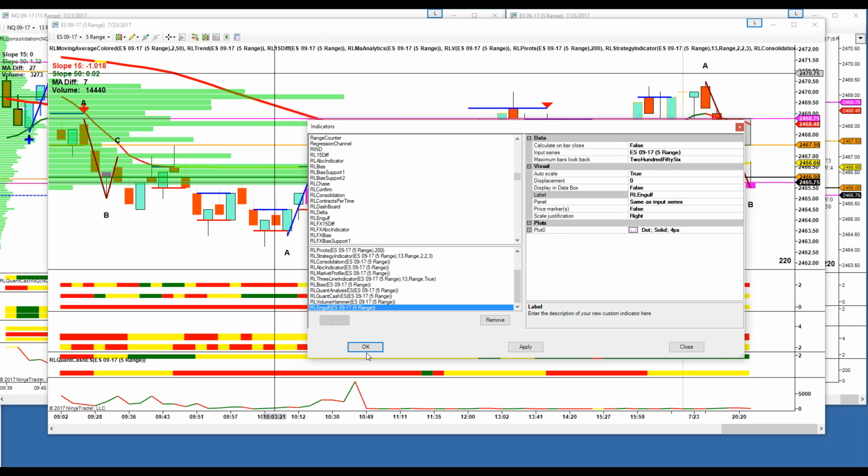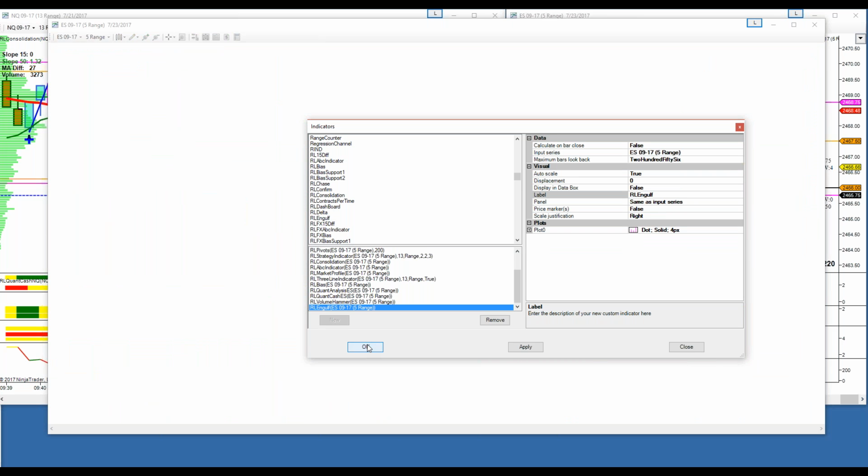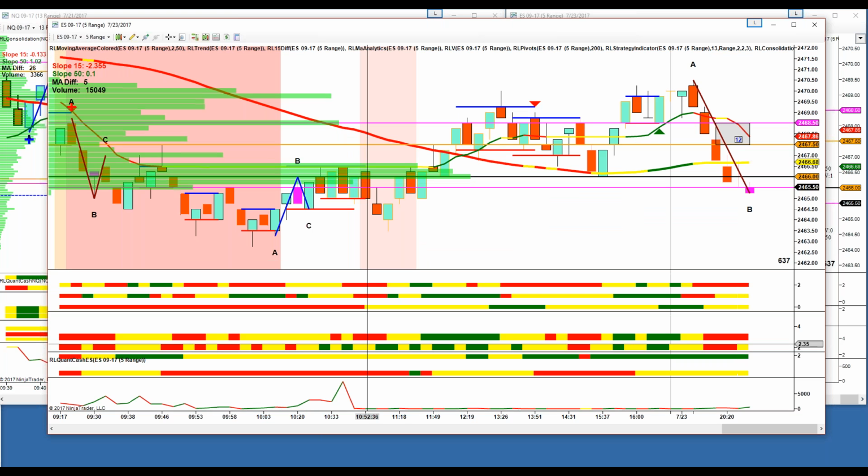Now the RL engulf is important because it helps define market structure. And what it does is show you a very, very strong potential entry signal. I'm just waiting for the chart to load. There we go. Now, the engulf,